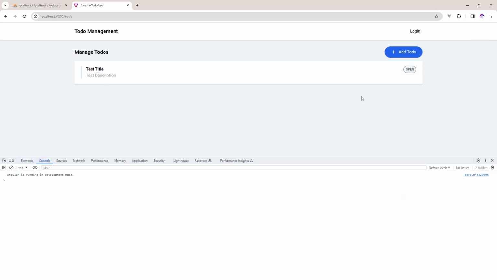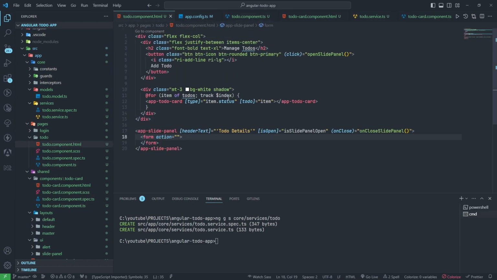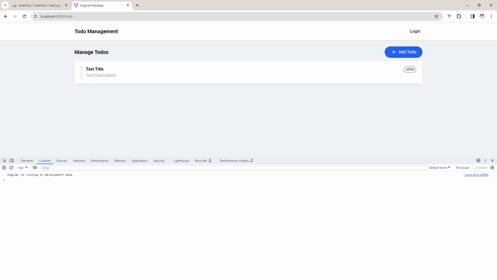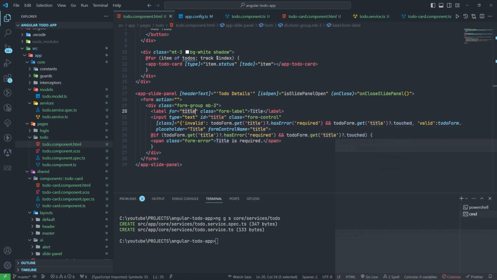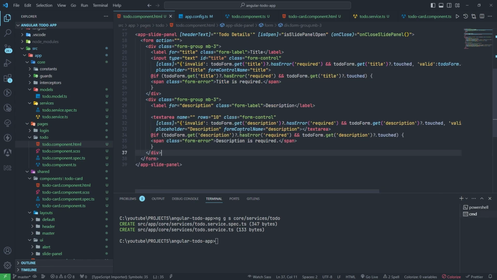Perfect. Now in this component, I need to add those fields which have been added here. These fields. I think some copy paste we can do because we need to create the form. So you know how to add these fields. Some validation part also I need to add, so I am copy pasting. You can see for the title I have created this one. And for the description also I need the same thing I have done in the login page. In the login page I have provided the validation there, and this type of fields also I have created